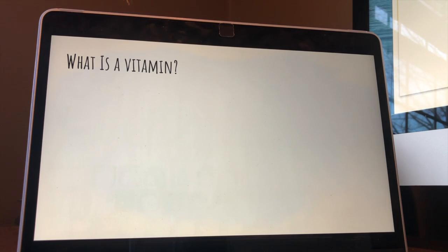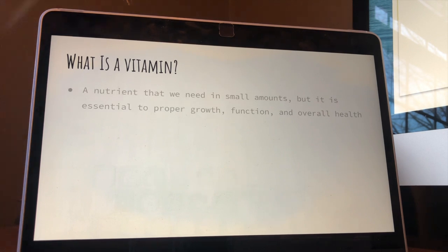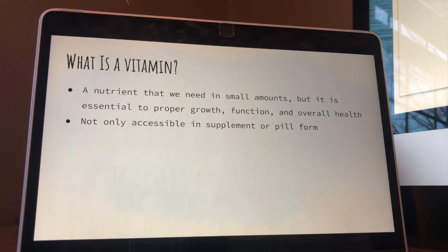Before we talk about vitamins in our foods, let's first do a review. What exactly is a vitamin? A vitamin is a nutrient that we need in small amounts that is essential to proper growth, function, and overall health. As I mentioned before, oftentimes when we think of vitamins, we think of a few big bottles of supplements we have to take every morning or with our food. It is important to remember you should follow a doctor if they recommend such a vitamin supplement for your life. However, today we are simply focusing on how you can boost your vitamin intake through foods. For sake of clarity, we will be separating each vitamin on its own slide to learn about its function and foods that source it. Before we begin with the rest of our lesson, who here has ever been deficient in a